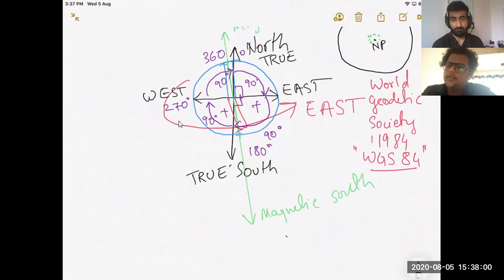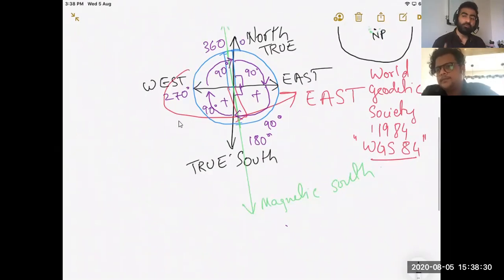The earth in reality does not look like a circle, but for your navigation calculations, you can assume the earth to be a perfect circle. In the examinations, you'll always assume that. On board the aircraft in real life, the navigation computers do the necessary corrections, so you don't need to worry about it. You need to assume that earth is a circle only for your calculations.